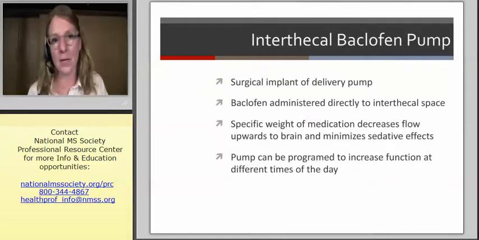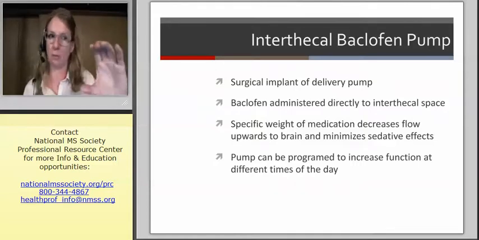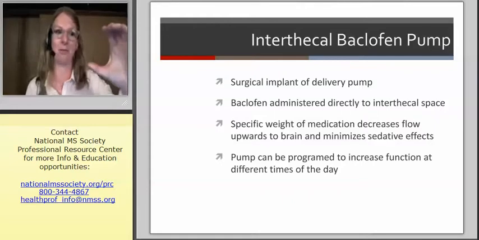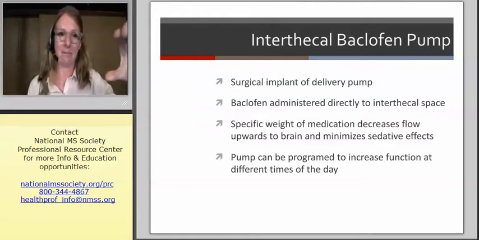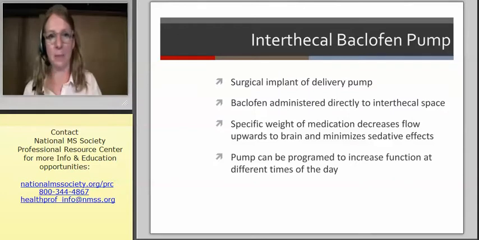Intrathecal baclofen pump is a surgical implant of the drug, so that there's a pump actually implanted. I should have brought one, but we're doing another lecture on that soon, so you can come back. And the pump is actually implanted into the patient, so then they get baclofen administered directly into the intrathecal space. The specific weight of the medication